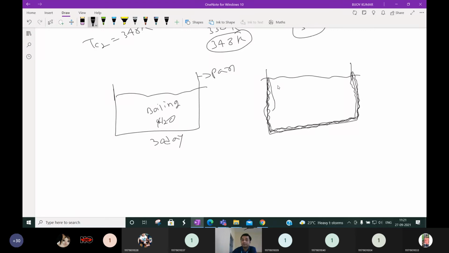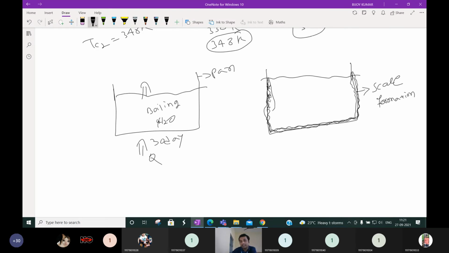And with time, after repeatedly, after so many years, this scale thickness is generally increasing. This white color precipitate, or this deposition of these salts, that is called scale. The scale formation. So if this scale formation is taking place, suppose here at a new container, we have to give the Q amount of heat so that water will boil.